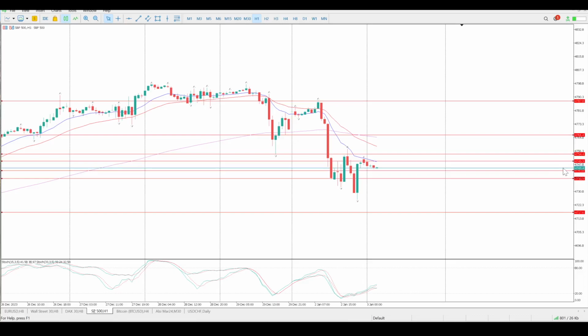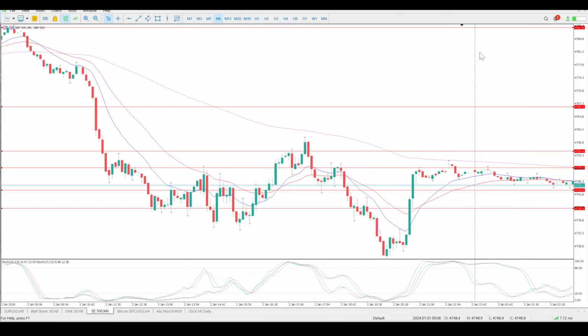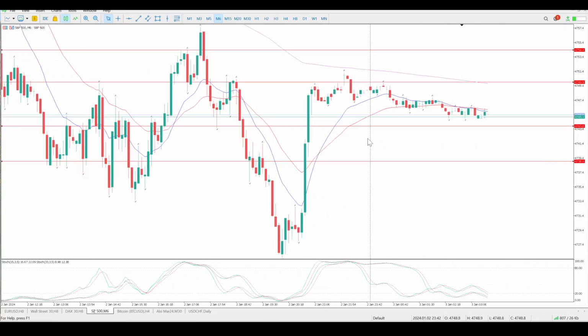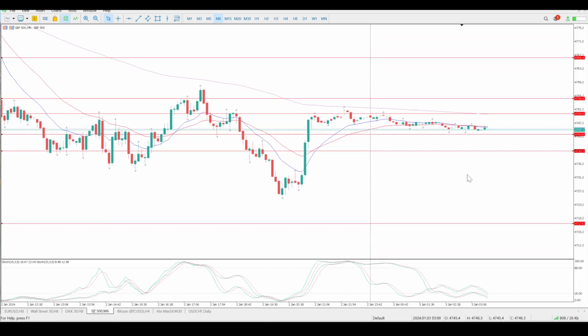So moral of the story is small position size, pay attention to these rejection areas here, 47.54, 47.50, pay attention to 47.44, and then, you know, if we do continue in this channel that we have, so it's basically a spike down and then into a channel, if we do continue in that, then I think we should be looking for 47.17. If you do have time, 5-minute or even 6-minute charts will also help you. So long as you are below the 150, that would be a downtrend. If you're above the 150, that's going to be looking for an uptrend. So that's kind of from a 5-minute perspective.